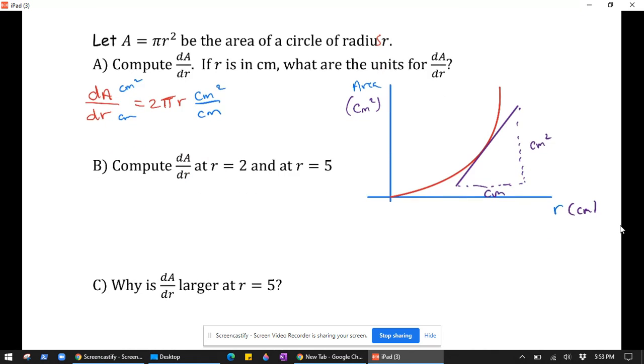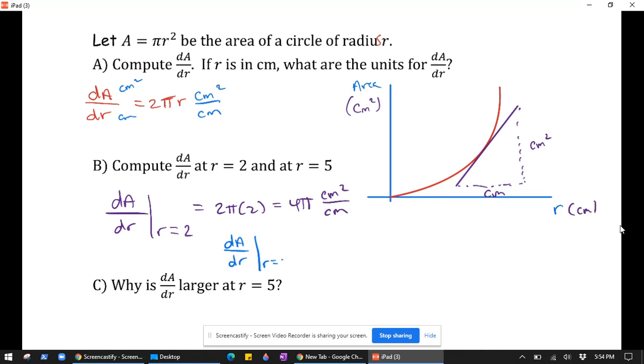Compute dA/dr at r equals 2 and r equals 5. So when you're evaluating using this notation, it's typically common to draw a vertical bar and then write the value like this. So dA/dr when r is 2 is going to be 2 pi r. It's 2 pi times 2, which is 4 pi. And again, the units are centimeters squared per centimeter. And when r is 5, we get dA/dr when r is 5 equals 2 times pi times 5, which is 10 pi